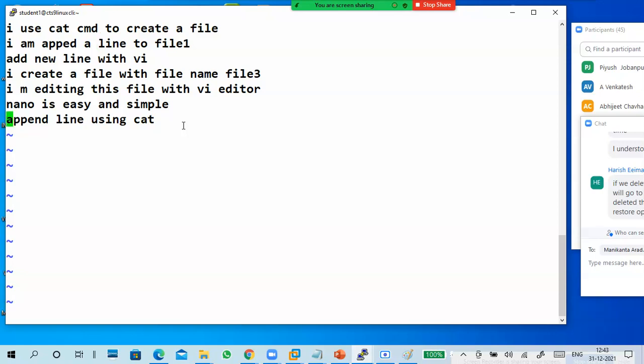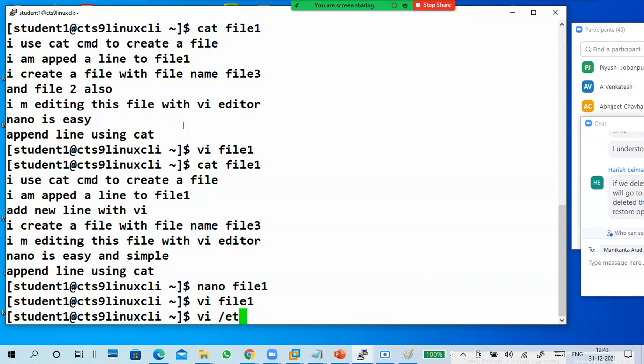This is a very small file with small lines. You can go by using your up arrow and down arrow. It's quite easy to use the up arrow and down arrow to go to the first line or the last line. But think about it: if there are 50 lines, 100 lines, 200 lines, you'll have to go next, next, next. I will give you one immediate example.